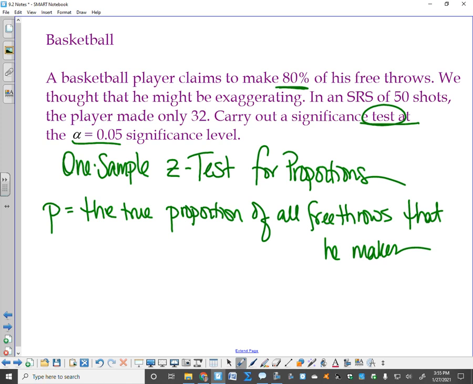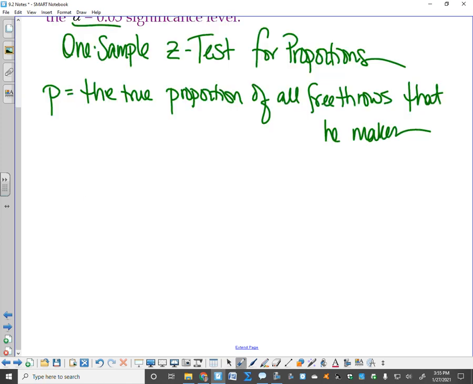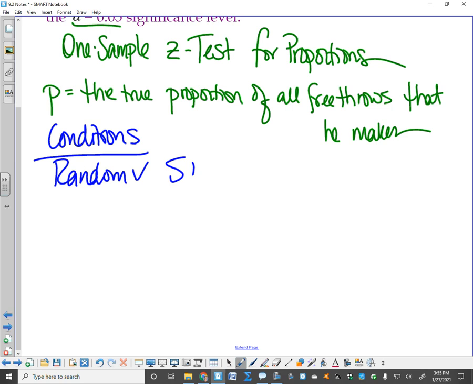All right, so now I've got my conditions. So tell you what, pause me and go do your conditions. This is a proportion. So go knock out your 3 conditions. It is the same as Unit 8. When you're done, hit play. All right, conditions. Random, simple random sample. Independent,